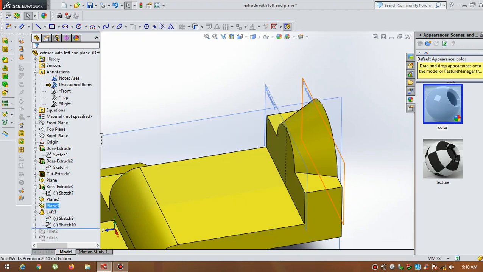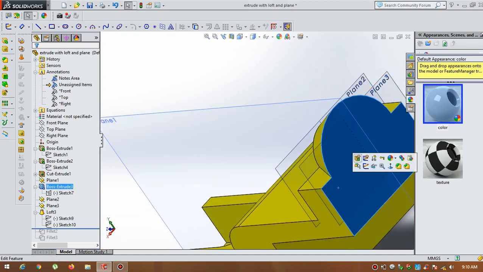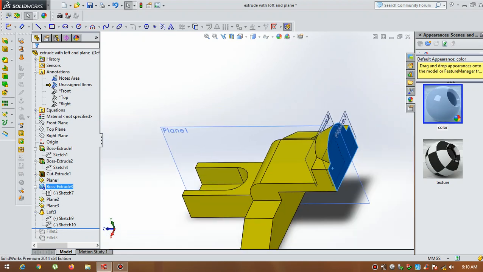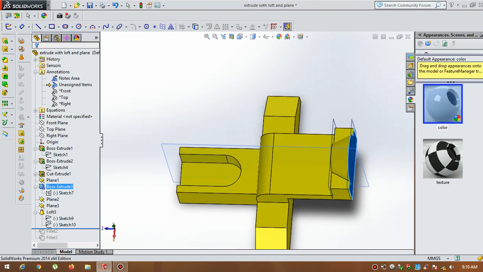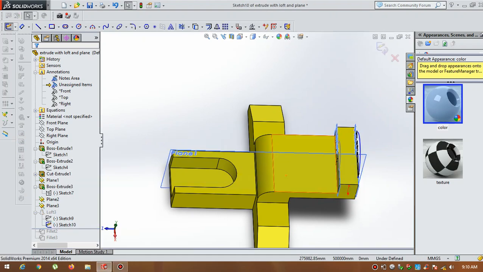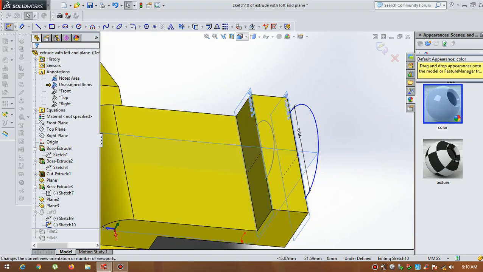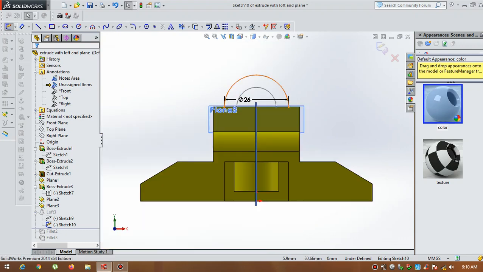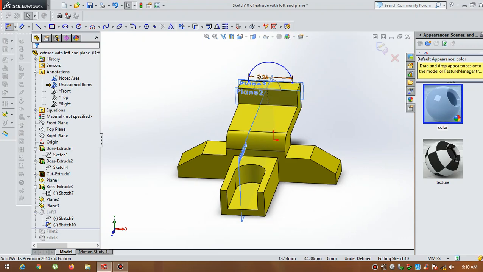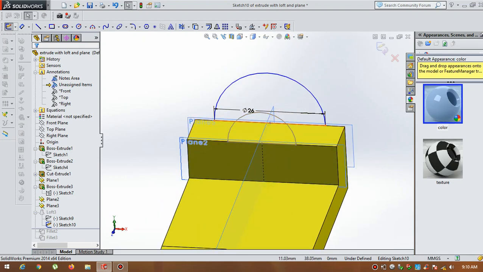Then I selected another plane creation. Selecting this face, I have created another plane called plane 3 here. Then on the plane I have drawn a sketch. So go for normal to, so it will be clearly visible for you. The diameter is 26 and I drew a horizontal line.